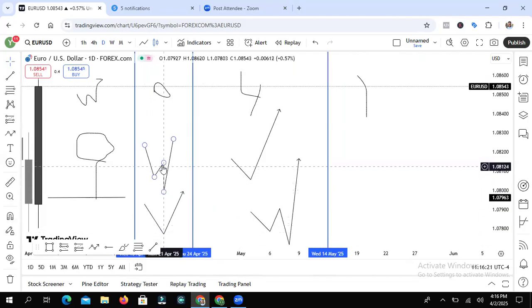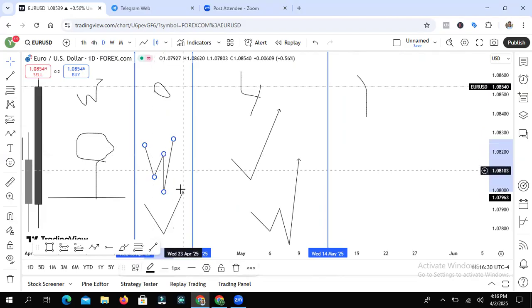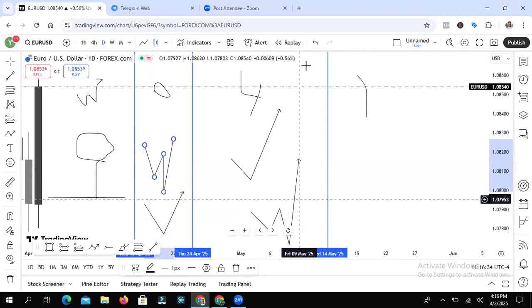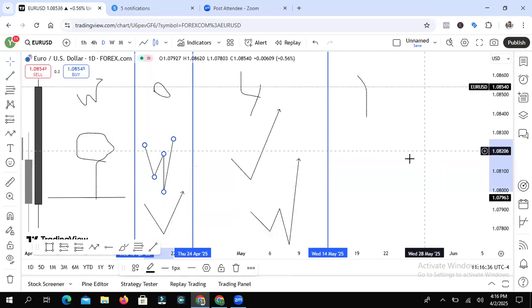It is still the same thing with how to look for selling opportunities. Weekly reject weekly, daily gives a sweep and break, liquidity sweep and break, and then the 4-hour gives us a breakout, and then we just look for buying opportunities. So I hope that is very, very clear.